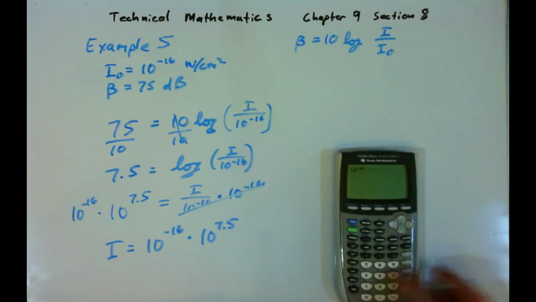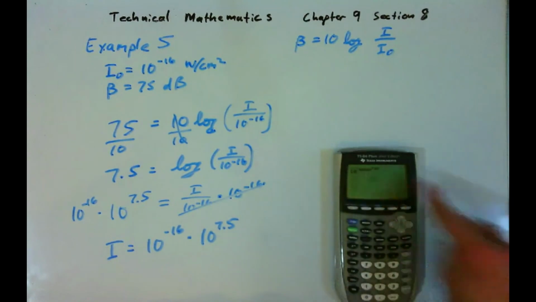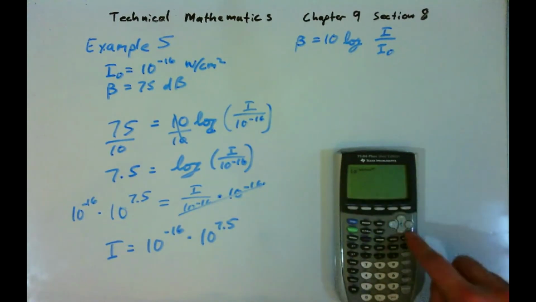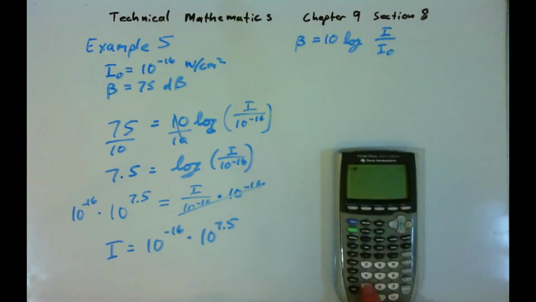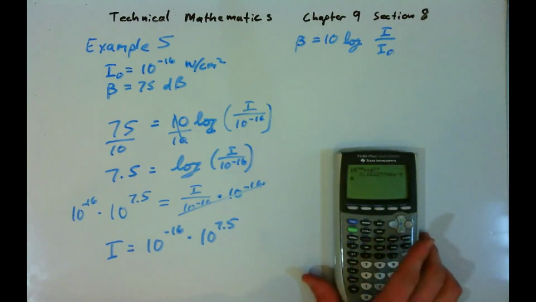Oops, see, I typed it in wrong. My calculator, after I am finished typing in an exponent, I have to hit the right arrow to type in things that are not in the exponent anymore. So 10 to the negative 16th power, now I have to hit the right arrow, times 10 to the 7.5 power. And we get